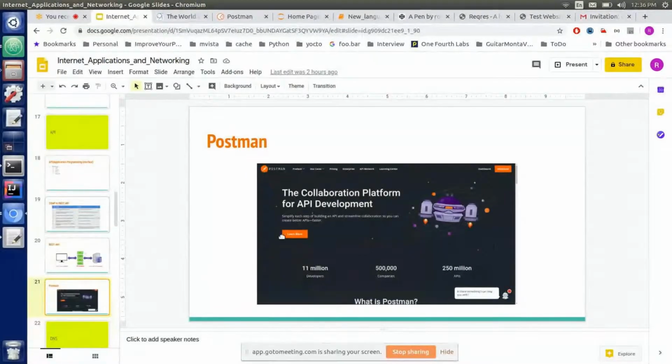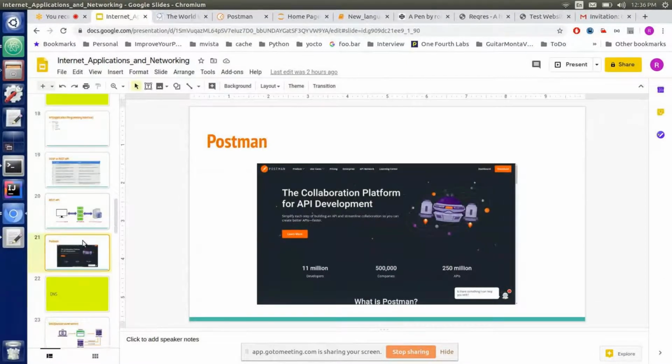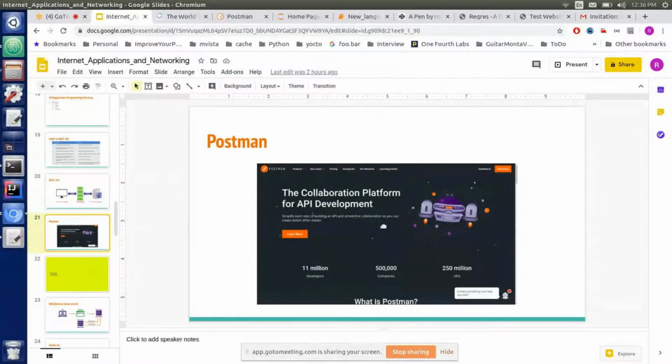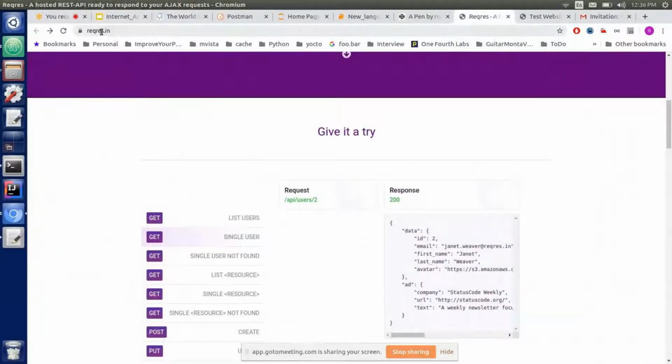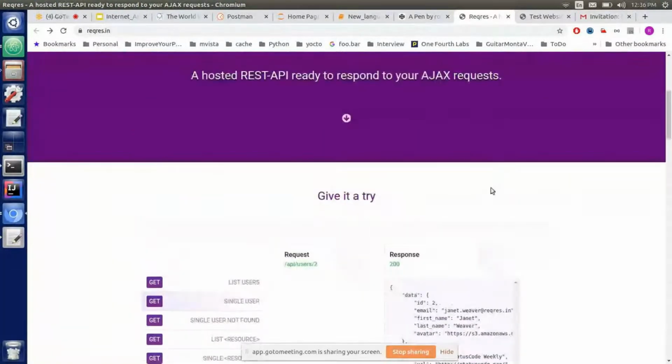Postman is a kind of tool, and there are other tools also. You can directly use your Chrome browser also, but this is a popular tool that is used. So we will show you a demo for this. Suppose there is a demo website called reqres.in. Okay. So basically what you see here